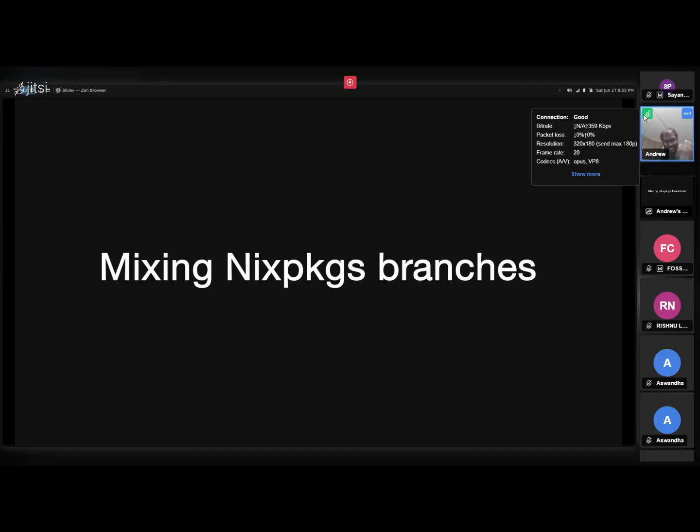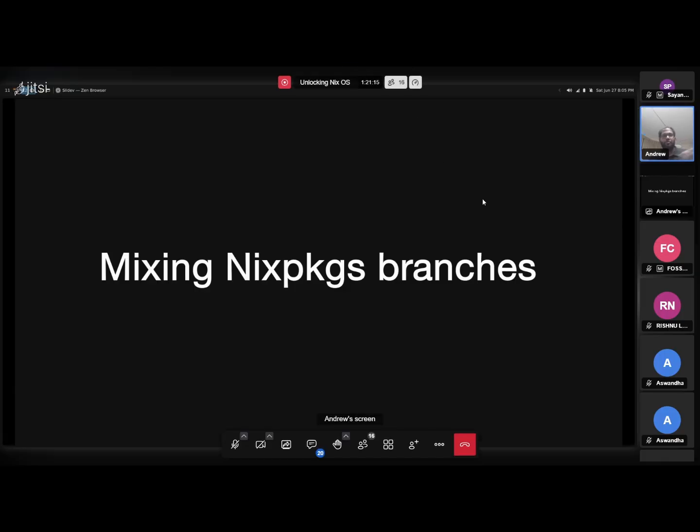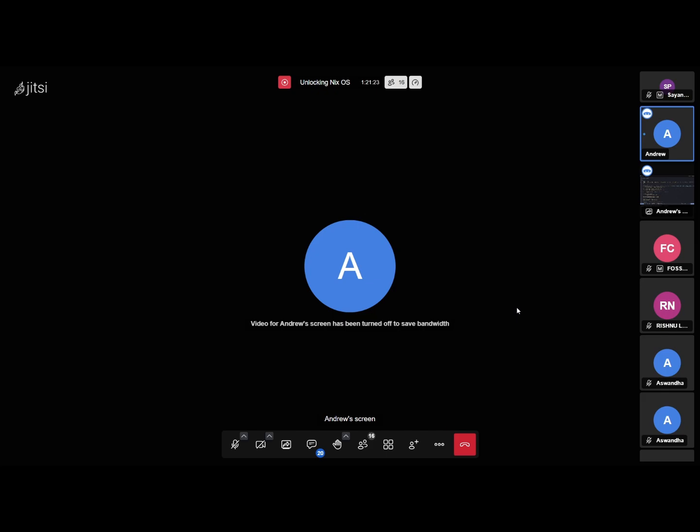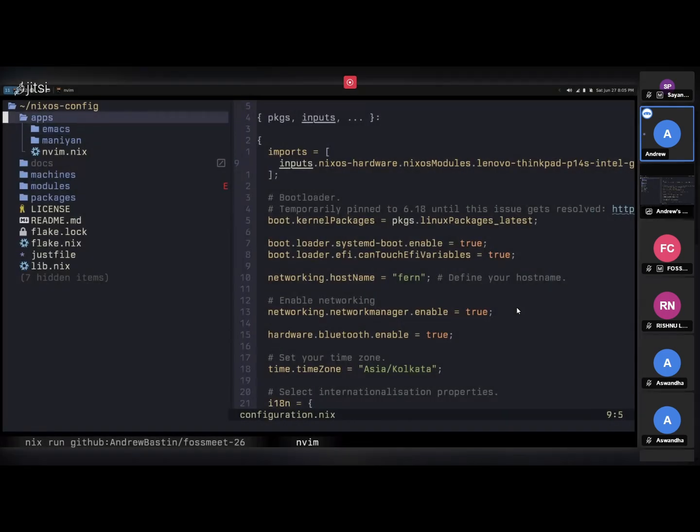You can mix Nix packages together. So for example, NixOS follows the same kind of situation as Ubuntu or Fedora, where they have a release every 6 months. So it's kind of the same. My computer runs the latest 26.05 release, but some packages that I use...